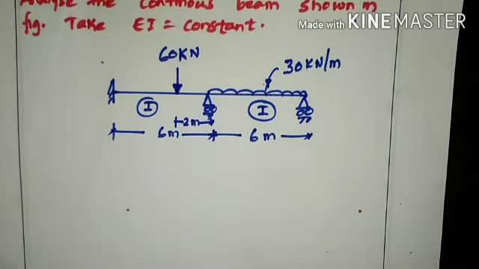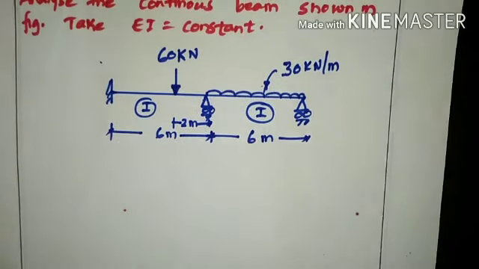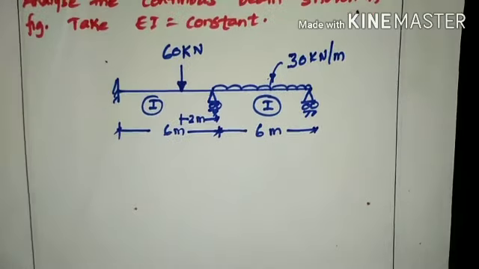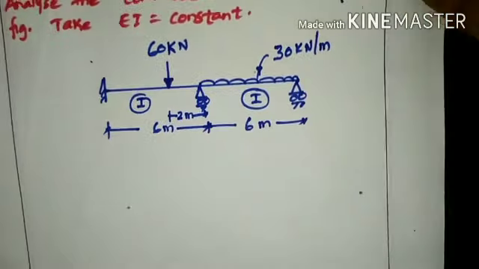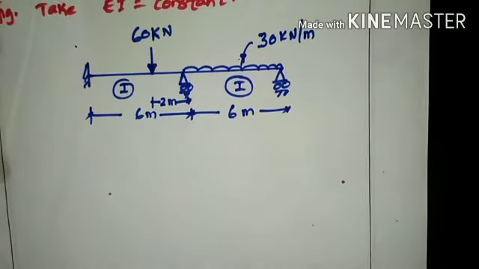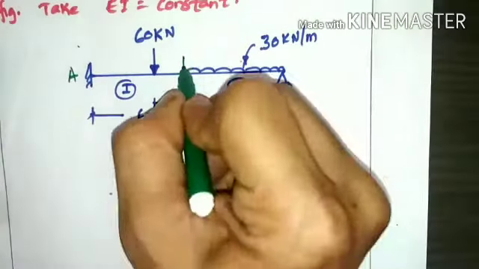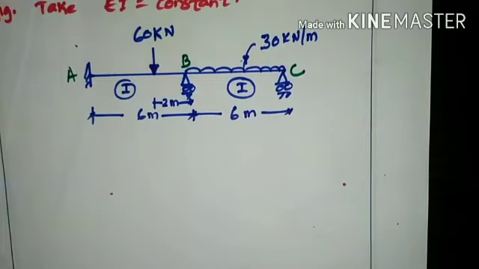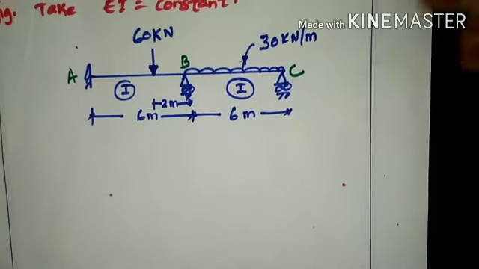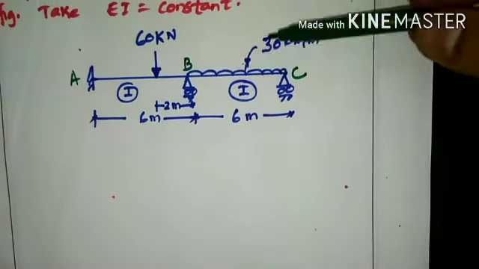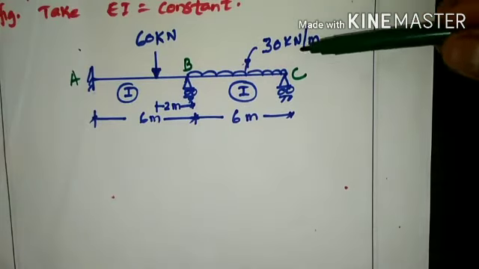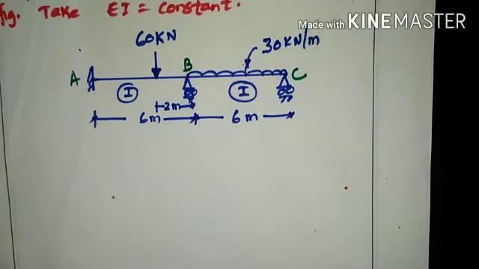Hello everyone, welcome to this session on slope deflection method, and this is the first problem with which we are going to start. In the previous problem we solved, the number of unknowns was less, that is 1, and in this problem the number of unknowns will change. Now this is a continuous beam where the supports have been designated as A, B and C, subjected to a concentrated force in the first span of 60 kilonewton and a UDL of 30 kilonewton per meter in the second span.